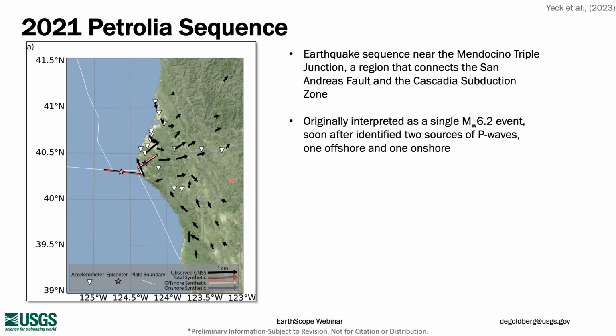And because the earthquakes were in the low magnitude 6 range, that's too small to be reliably characterized by teleseismic data alone. But lucky for us, because this occurred in Northern California, it was observed by a very dense seismic and GNSS network. So in this map on the left, the inverted white triangles are the locations of strong motion accelerometer stations, and the black arrows represent GNSS static offsets.